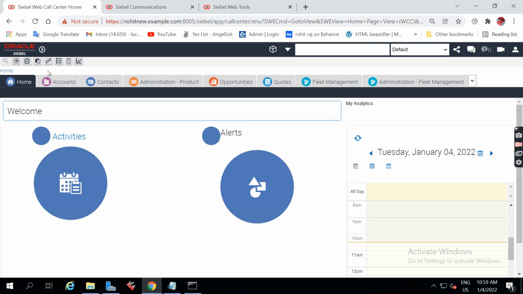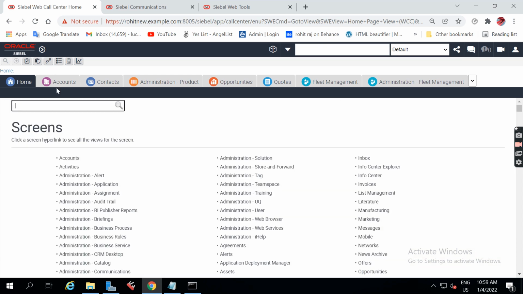We got the admin profile and we have to go to the sitemap. In the sitemap, we have to search for employee. It will be under the administration group.